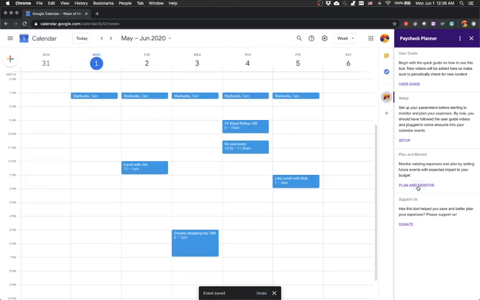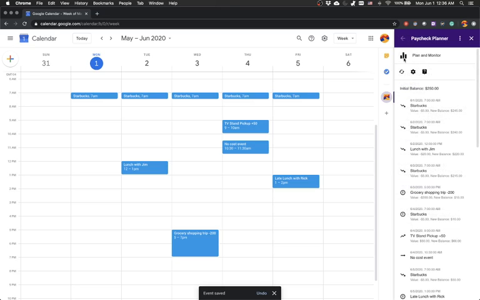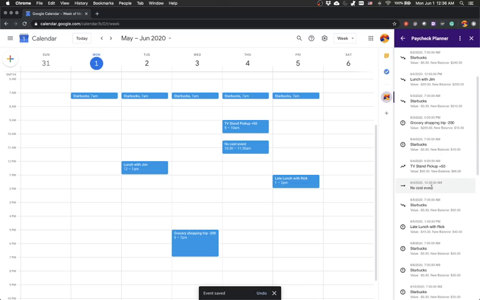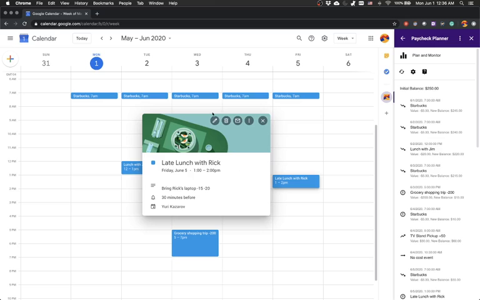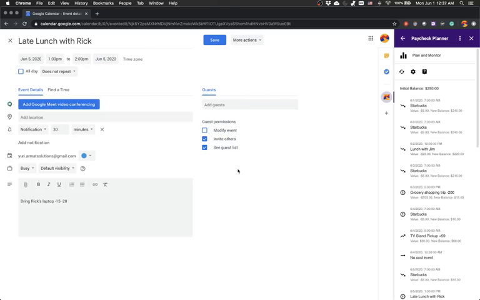I'll save this and refresh. Well, actually, I didn't have to refresh. I got back to the Plan and Monitor page from the home page, so I didn't have to refresh there. But you will see the late lunch with Rick hasn't changed the value from $15. And the reason why is because, and again, I'm going to suggest that you go back